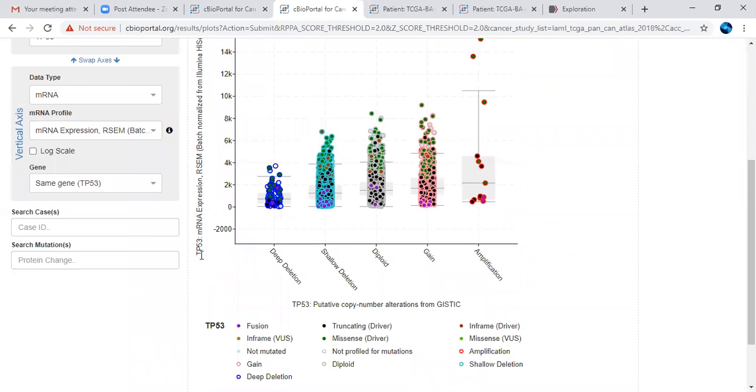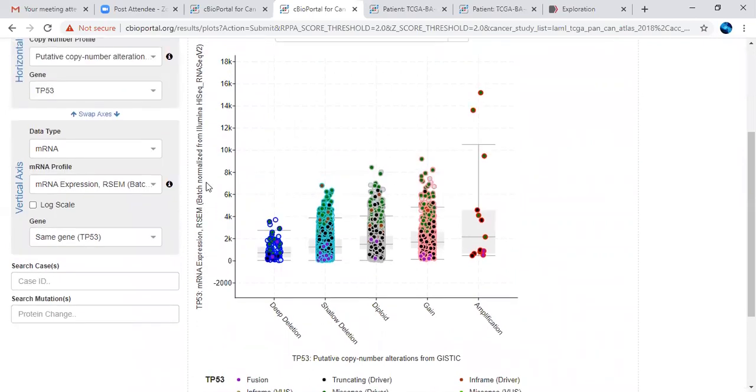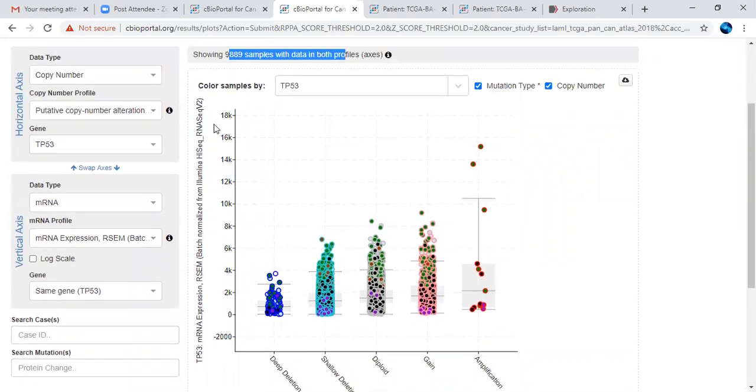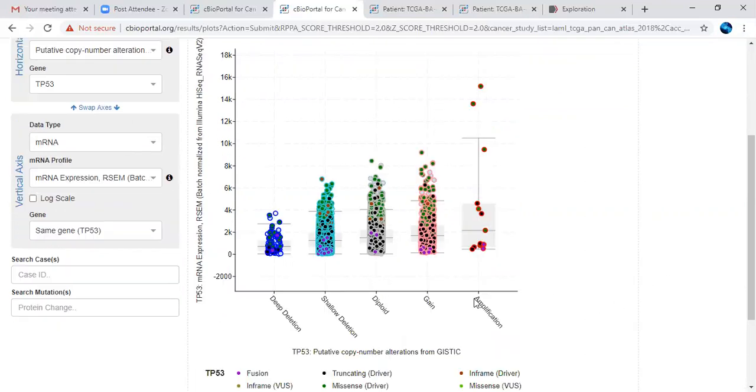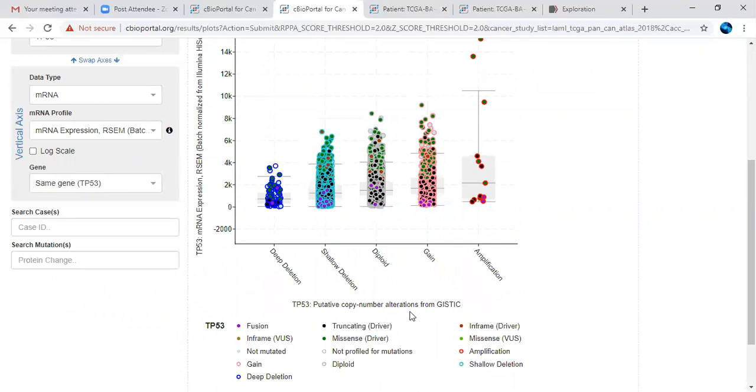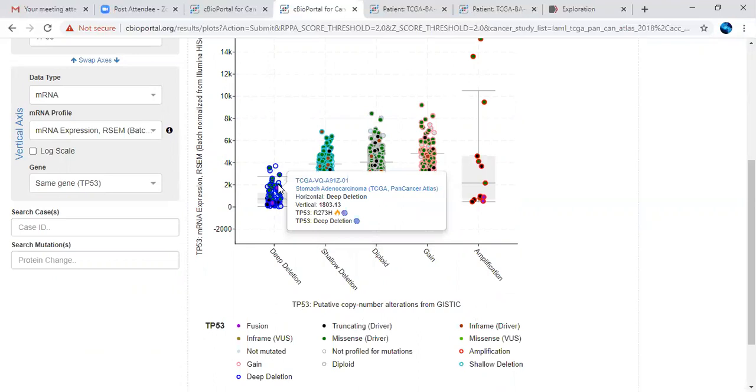So here you can see the TP53 mRNA expression data, RSEM normalized, from the RNA-seq datasets. So based on this, the data has been plotted with respect to the copy number of alterations of only TP53 gene. So here you can see how many samples have been altered.